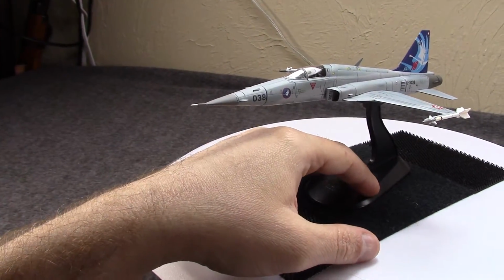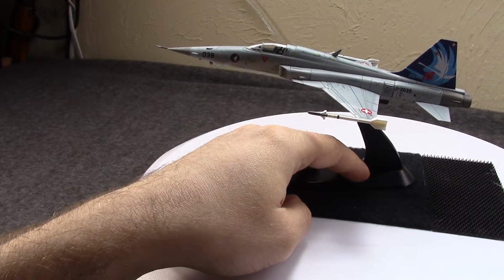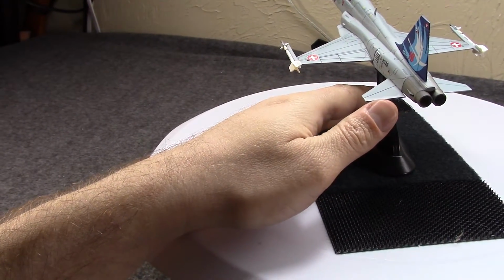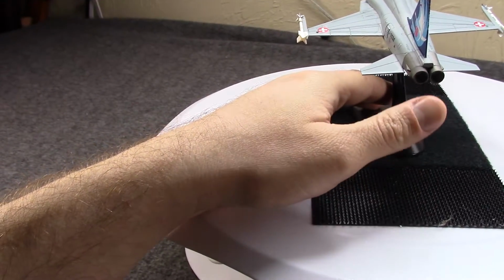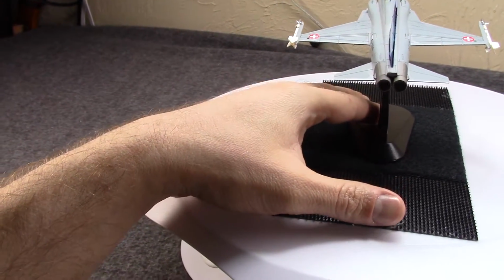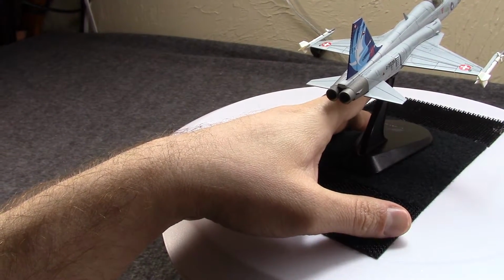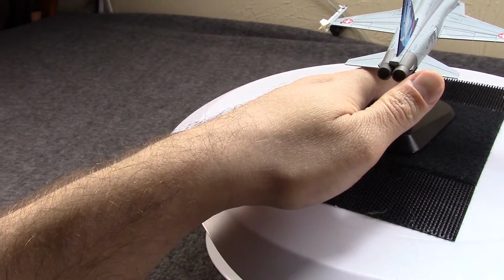Switzerland found these to be very dependable, very reliable. They were not demanding on the maintenance cycles. They were really pretty forgiving airframes, and they had long service lives, which is something Switzerland has always appreciated. In fact, it wasn't until the 21st century that they considered updating and replacing their F-5s. In the interim, they were buying some F-18 Hornets from the USA,